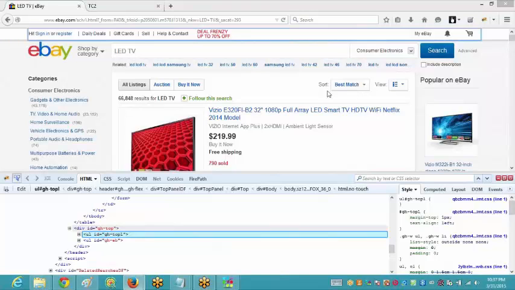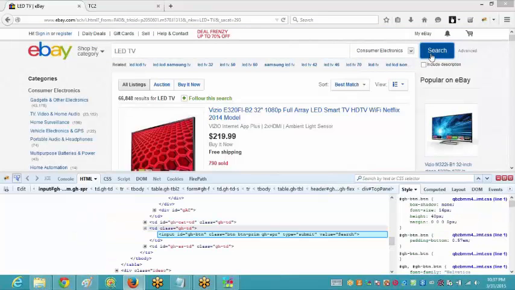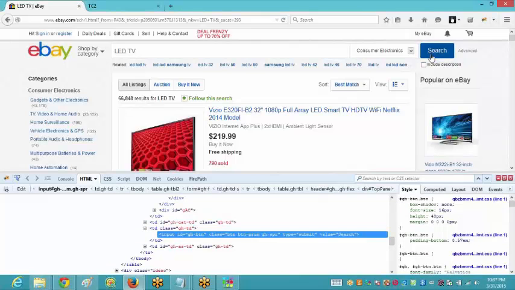Hasna and Kirti, what is that input and submit? Yes, that should be id only, right?